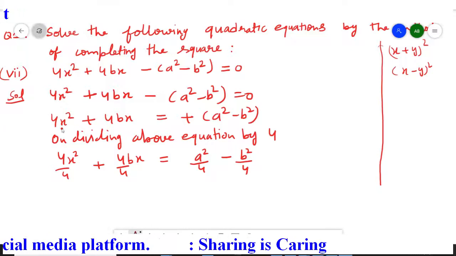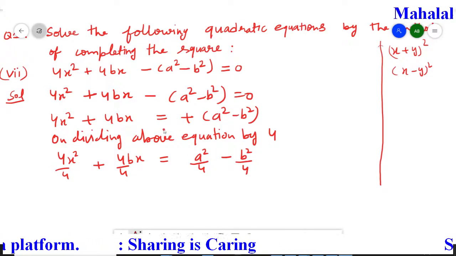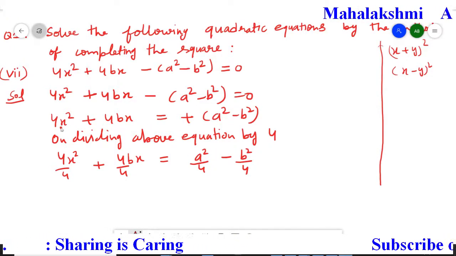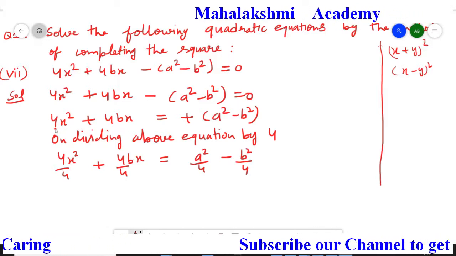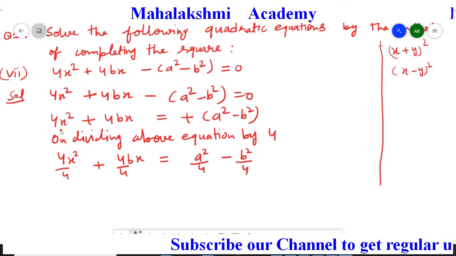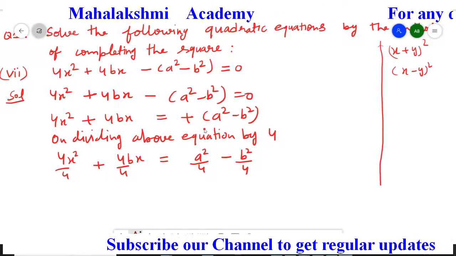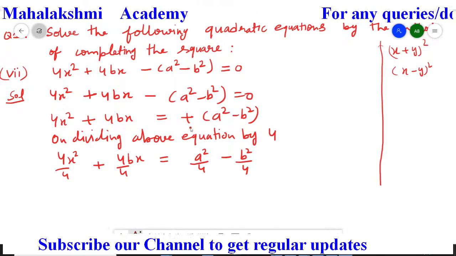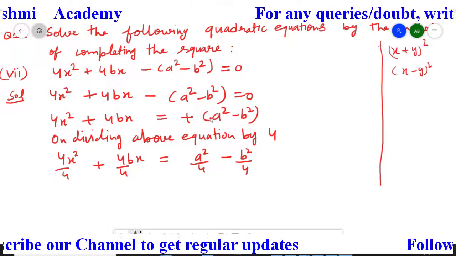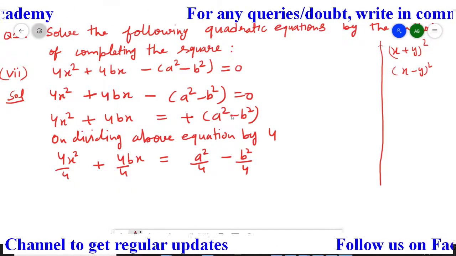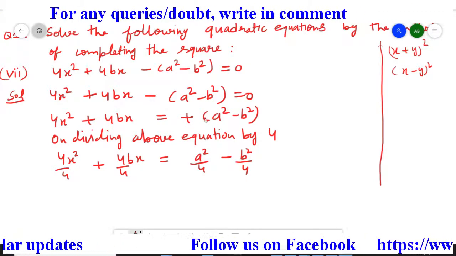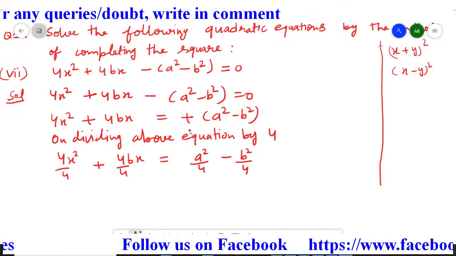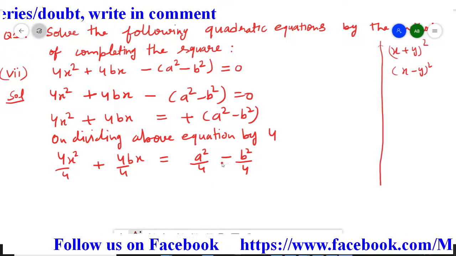Now just see here, why are we dividing by 4? To remove the coefficient of x square, and 4 is in multiplication, so we are dividing by 4. If you have 5, 6, 7 here, then you have to divide by that. Now here, first I opened the bracket. Since plus is outside, when we open the bracket, the sign will not change. So this a square has a plus sign, so plus into plus is plus a square. No sign means it has a plus sign, and then plus minus minus.